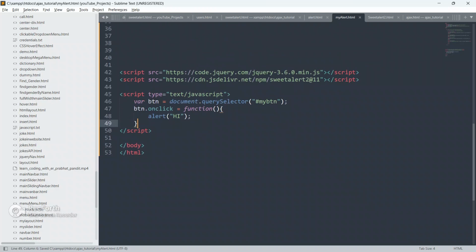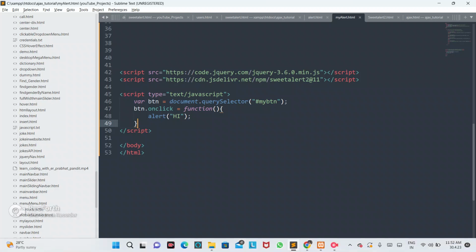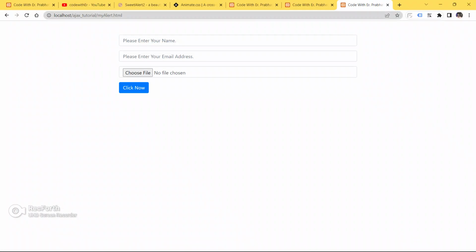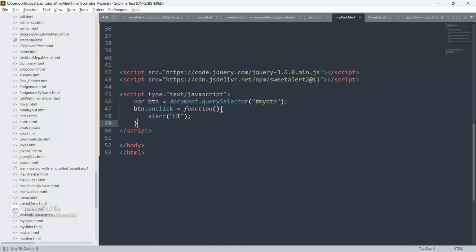It is a good practice guys. You have to alert if you are appending some kind of event, some kind of action on the button or on the input field. So save your code, go to the browser and refresh your page. Yeah, it's working, it's alerting hi.